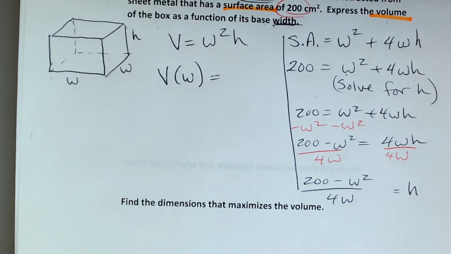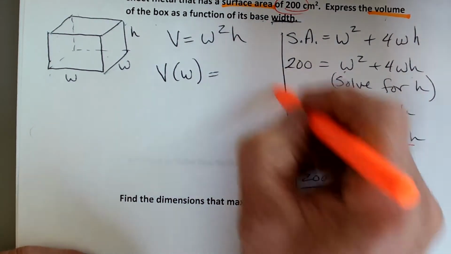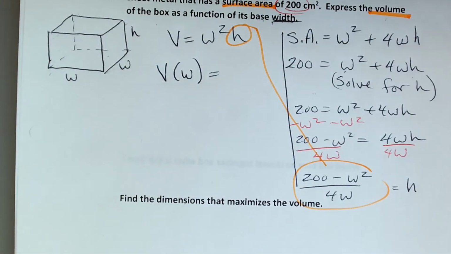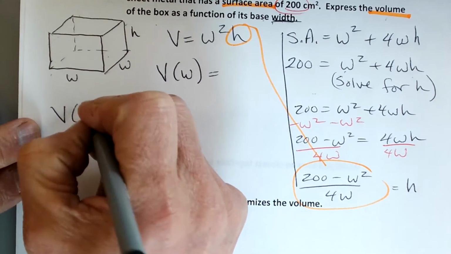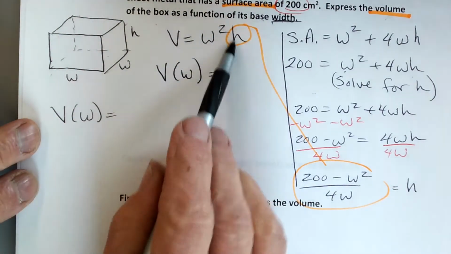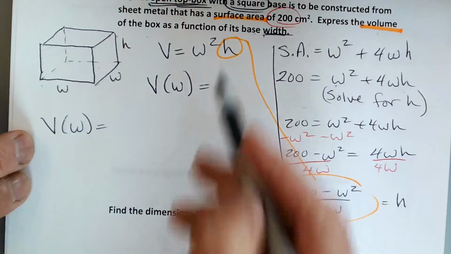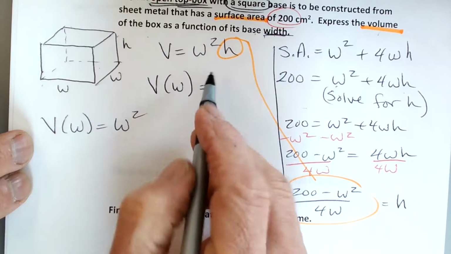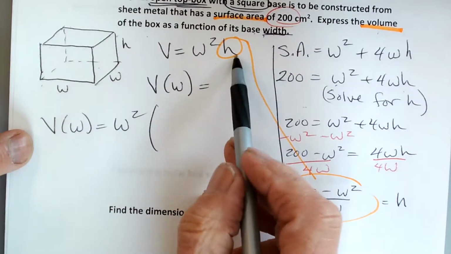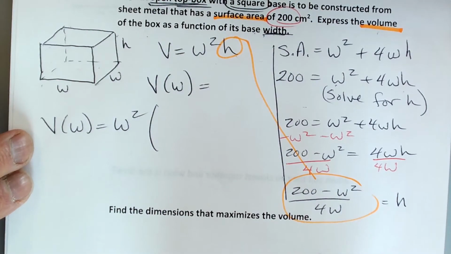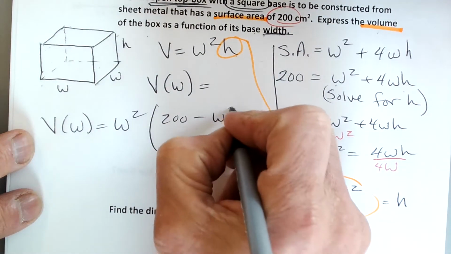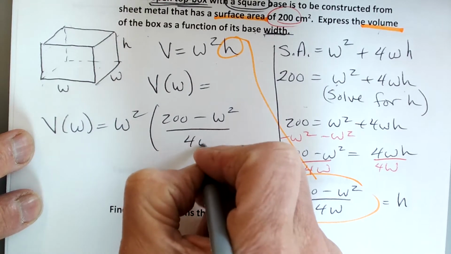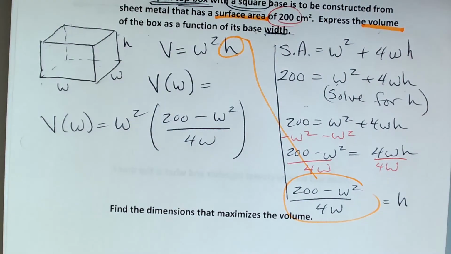So now I want to take and put this in for h. When I do that, everything's in terms of w, right? So I have V of w now, the volume with respect to width. And all of my variables will be w's, they'll be width. So I've got my w squared times, not h, but what h is equal to. And h is equal to 200 minus w squared over 4w, okay? How am I doing? Now that's technically correct, but if I am going to have to maximize,